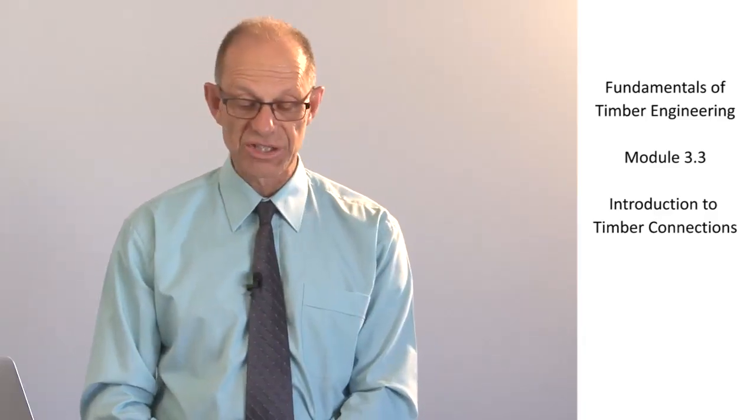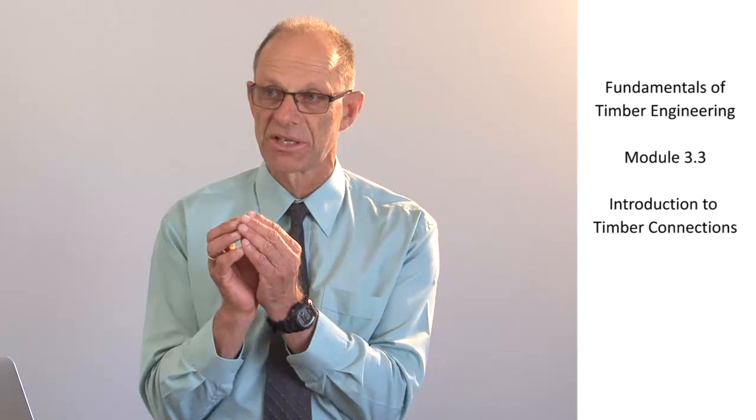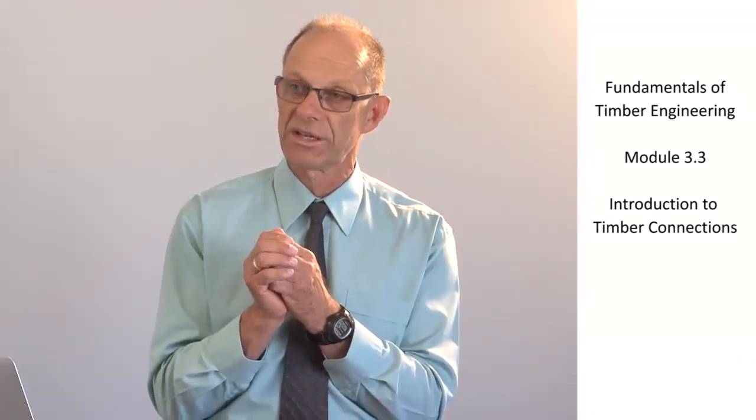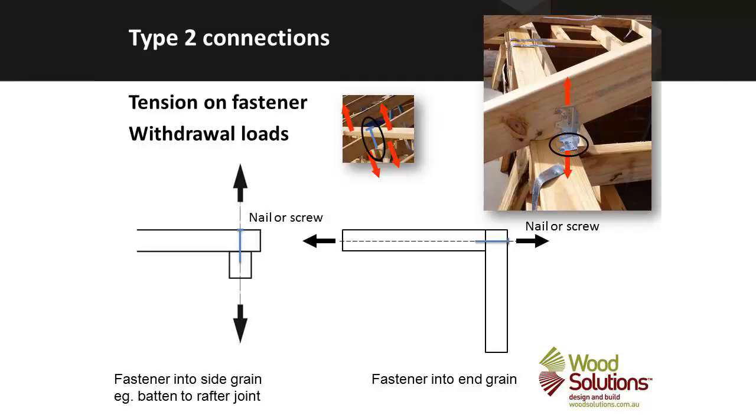A Type 2 connection is characterised by tension in the fastener, so that it's tension in the fastener that's transferring load from one element into the other. Looking at the left-hand picture, you can see a piece of timber sitting on another one with a nail or a screw between them. As we put uplift on the top piece of timber, we're putting tension into the shaft of the nail or the screw, and that is transferring the load between them. And likewise, in the central picture, we can put tension on the nail or screw by pulling those two pieces